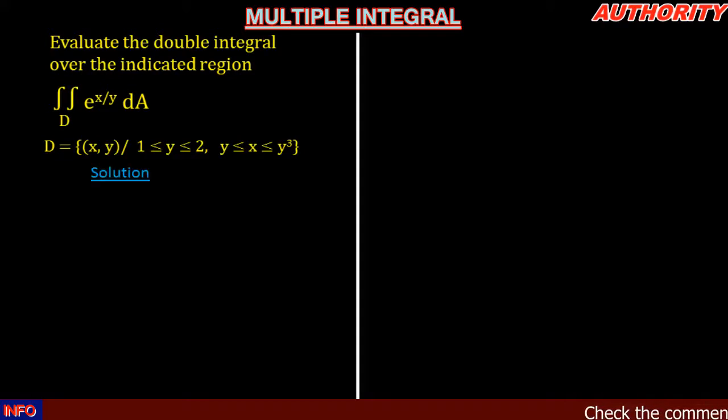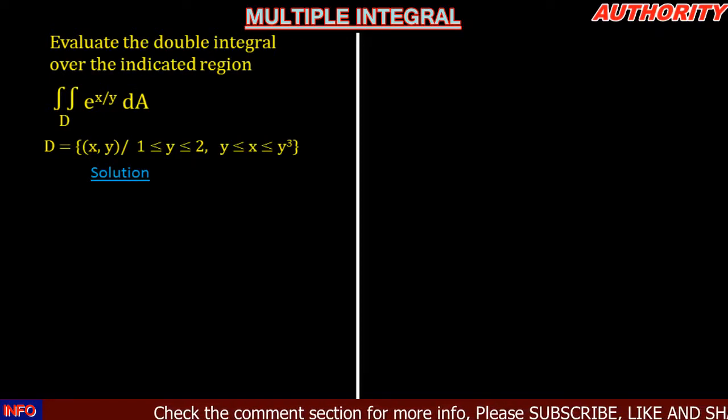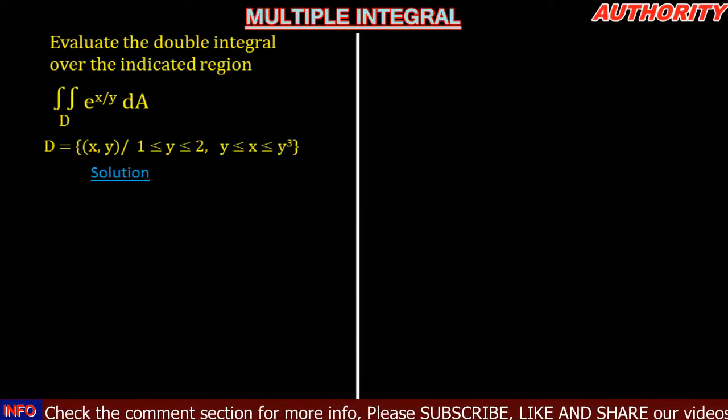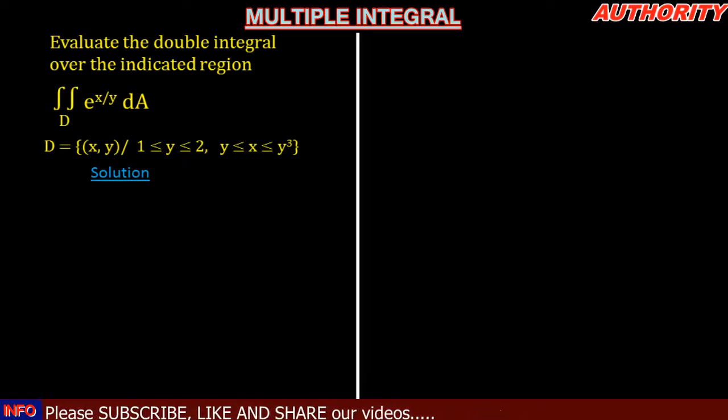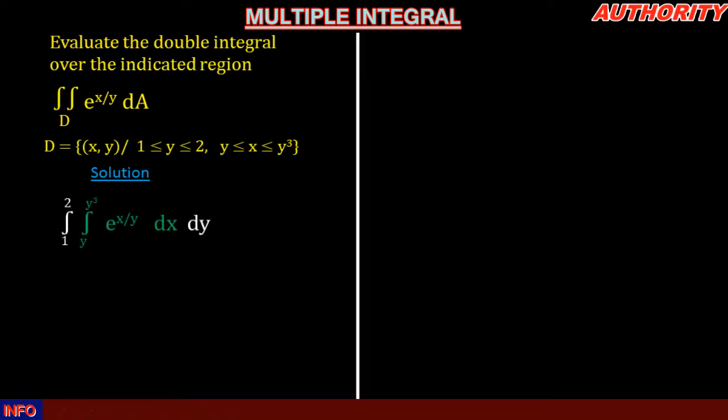Now let's go. Here we see that we have a double integral with respect to x and with respect to y, since we have our two variables x and y. The boundary or the limit for the region, you say that it is from 1 to 2. That is, y is greater than or equal to 1 but less than or equal to 2. So that means we're going to say the integral from 1 to 2, that is the limit or the boundary from 1 to 2, and then the integral